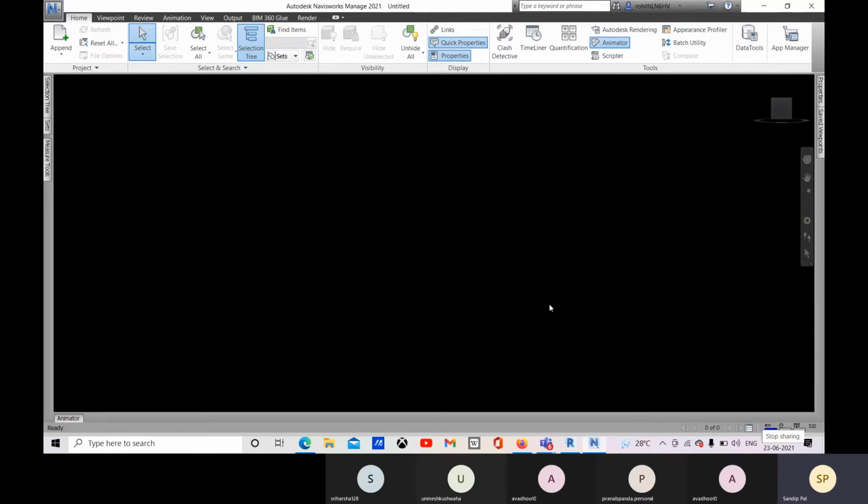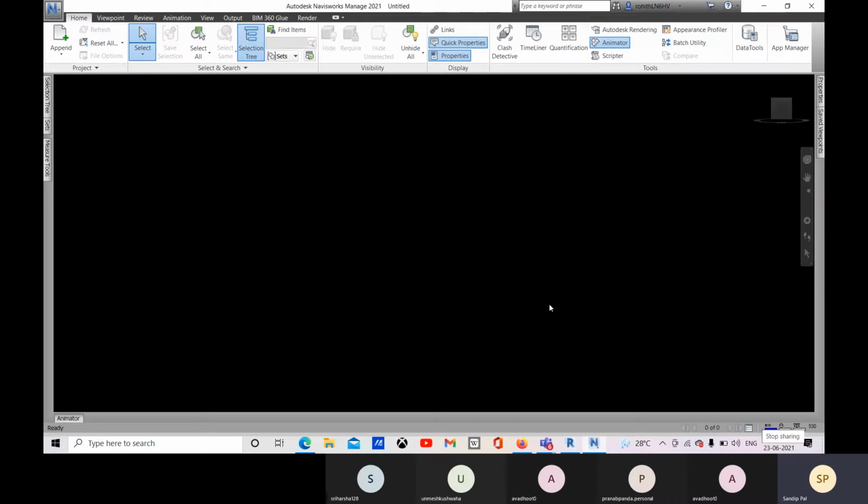So what is NWC? So NWC file is a cache file. That cache file will work as a mediator between your Revit and Navisworks to read all the data which is present in your software Revit.